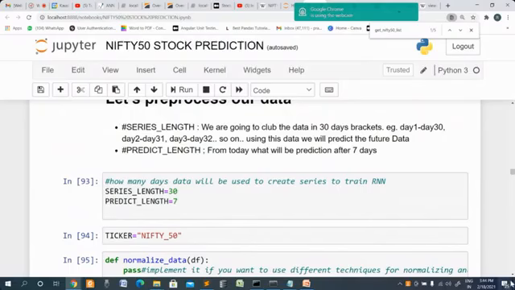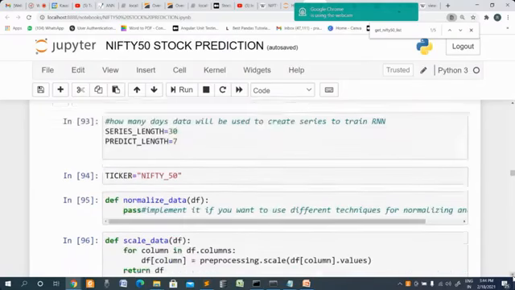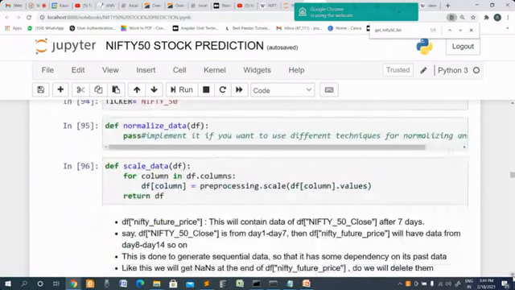And the second important thing is to normalize and scale the data. We want to convert the values into 0 to 1, because you have different values for each column. We want to bring them to a common scale, so that when we try to build the model, the variations in terms of scaling won't be there. So these are a lot of pre-processing steps we are going to do, to get them into the same scale.